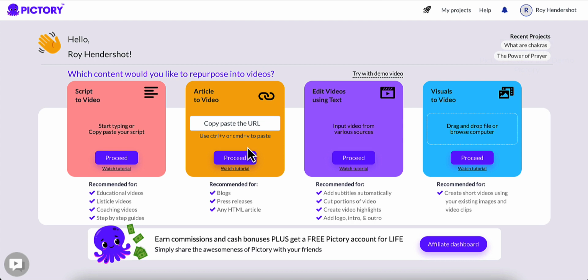And you can extract those in text format and SRT format as well. Then you can also do visuals to video, which lets you create short videos using your existing image and video clips. So you can take multiple images and multiple video clips, and by using your own media, put all of that into one video.